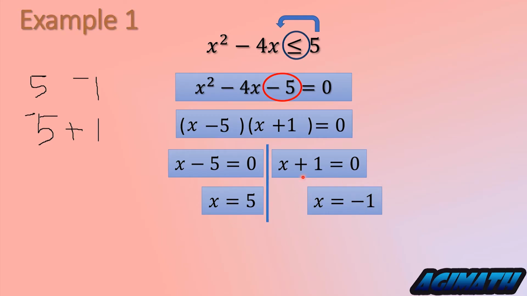Again, I think this is basic as long as you are learning from your previous lessons. So this one, x equals 5 and x equals negative 1, these are what we call the critical values. These are not yet the answers. These are the critical values. So what we are going to do with these critical values, they are going to serve as the boundary for our intervals since we are dealing with inequality. So on the next slide,